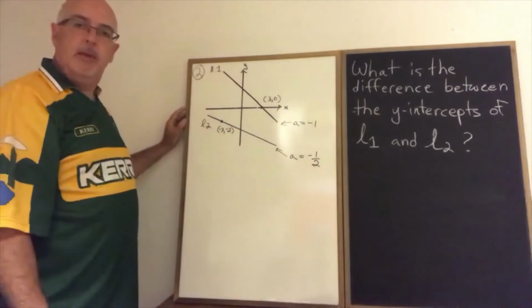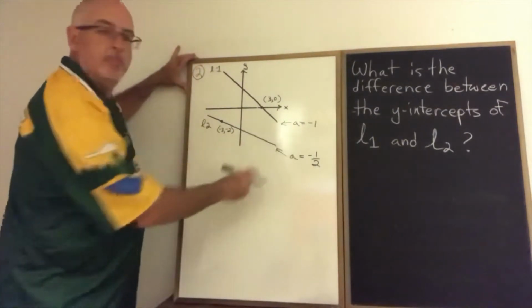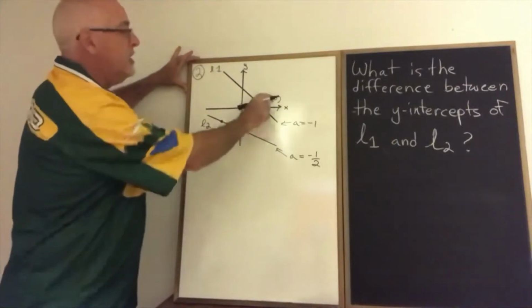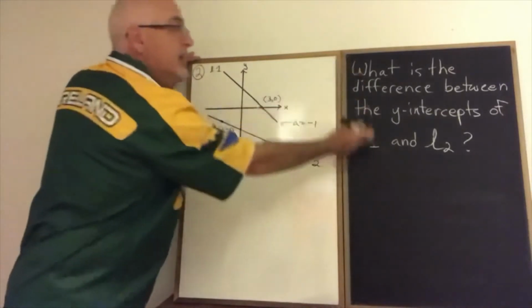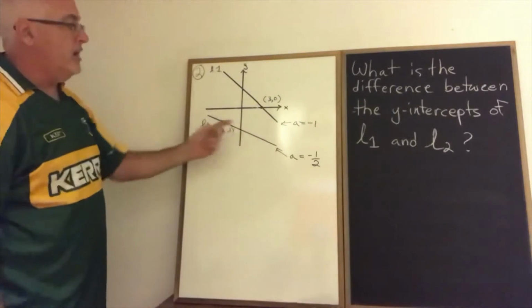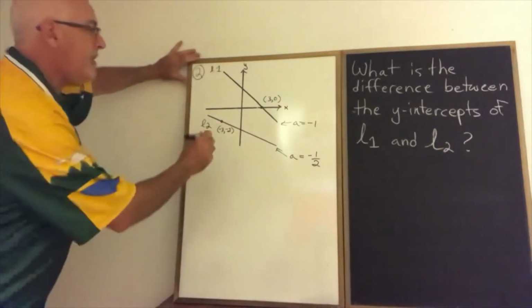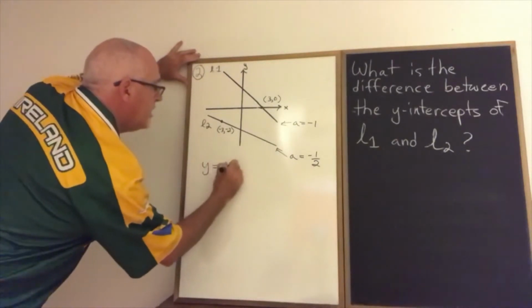Okay, ready. In example 2, we're given the slopes of both lines. And in each case, we're given a point that's on each line. But we're not given the y-intercepts directly. We still have to answer the same question. Well, I have to find the y-intercepts of these two lines. So I have to do some calculations. Knowing that the straight line equation is y equals ax plus b,